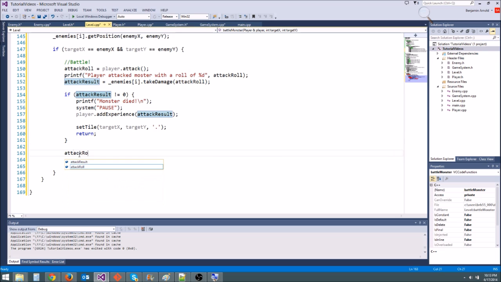So attack roll equals monster fight. Monster turn. Attack roll equals enemies I, which is the current enemy that we're attacking, dot attack. And then we need to say the same thing right here except with the player. So we're going to need to copy paste some functions. Attack result equals player dot take damage, dot take damage attack